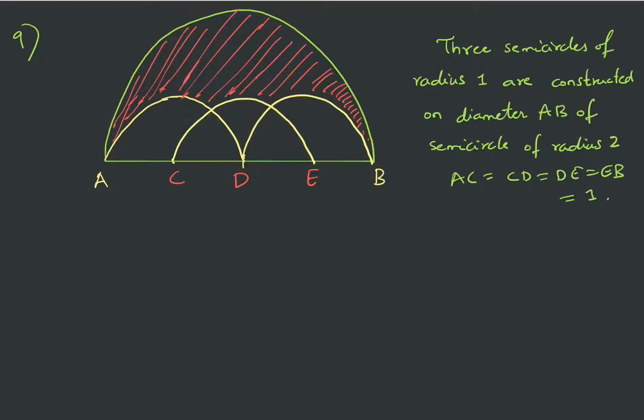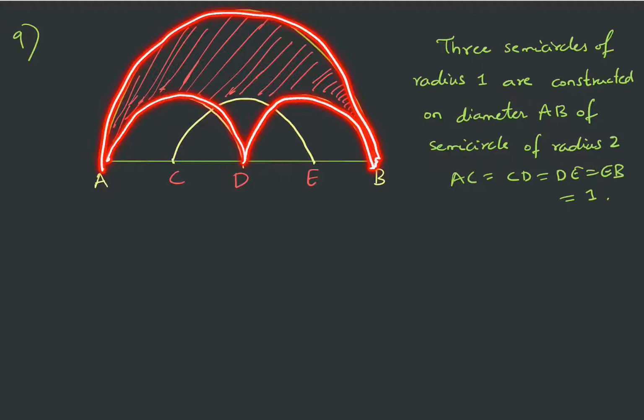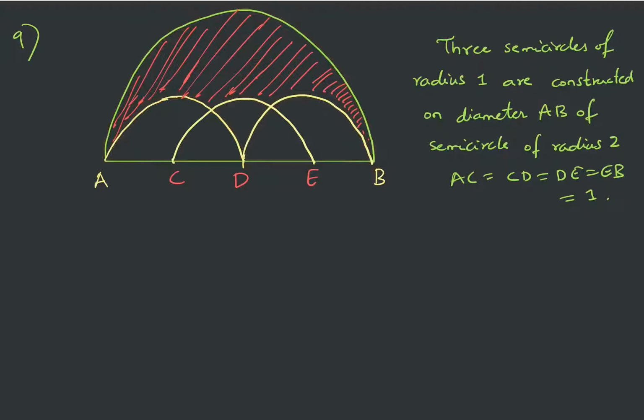Yes, so what I thought is, I will find the area of this semicircle, I will find the area of this semicircle, and I'll subtract it from the area of the larger semicircle. But still I have this additional area which I need to subtract. Okay, so now I am aiming to find this area. Okay, so let us name these points. Say this point is P and this point is Q. So now I want to find the area of this region. Okay, for that I need to use the sectors and the triangles.